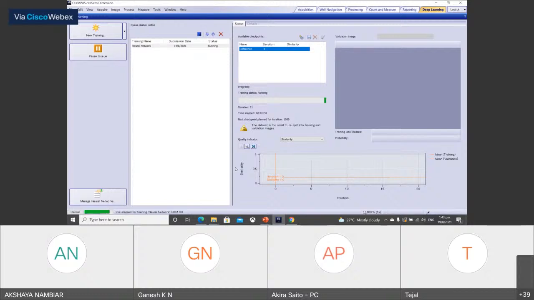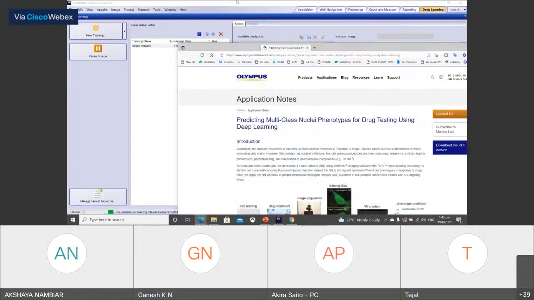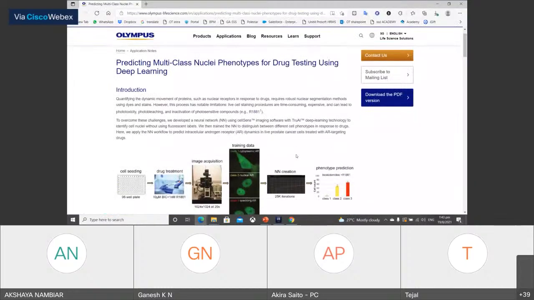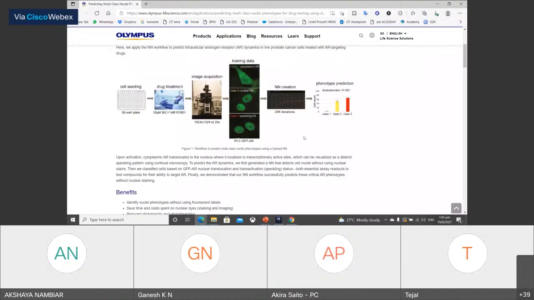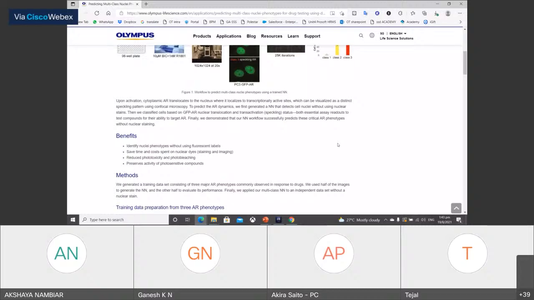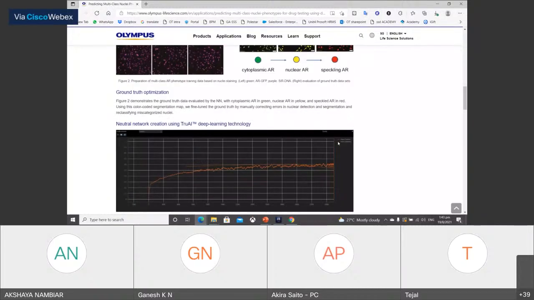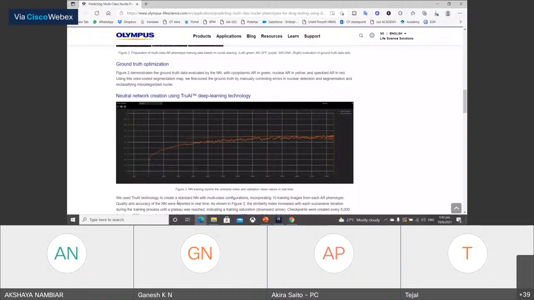I'm very sorry that I cannot show this one, but for example, I will show you how it looks like. By the way, this is the application note which I showed in my presentation. I think you can find some details on this site. During the neural network creation, you can find this is the similarity, and this is how many iterations we did to create the neural network.